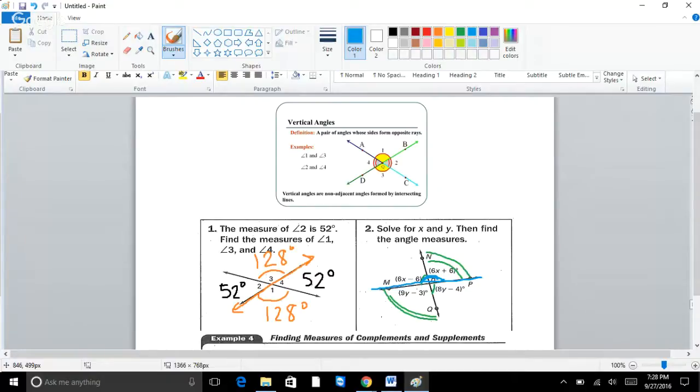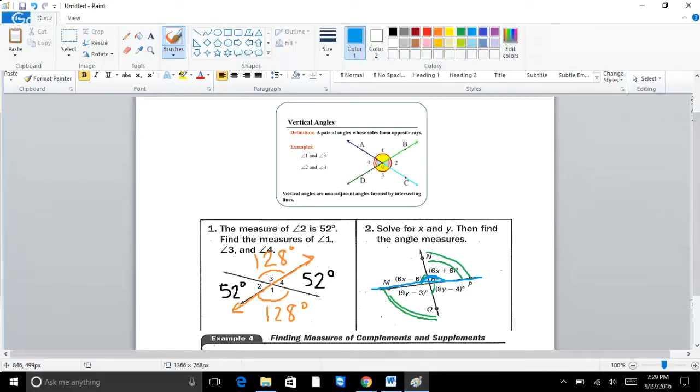So we kind of need to look at all of what we have here. All of our measurements are either in X or Y. So I think that actually the easier thing would be to solve for X or Y instead of to have mixed equations. So I'm going to use my rule about supplementary angles, and I know that two supplementary angles add